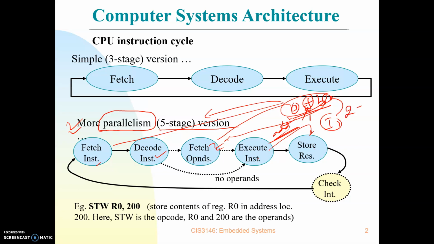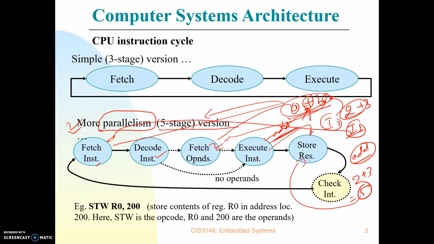Suppose A is 2 and B is 3. This is one of the instructions, I am calling it I1. In this model it will run like this: fetch the instruction, fetch I1 here, then decode the instruction. Decoding means working out what we want to perform. We want to perform addition, so fetch the operands now, perform addition, and execute the instruction. When you execute the instruction, 2 plus 3 will give you 5. Store the result in the register, then we will store this value at some location and check the new instruction. So repeat this process again and again.